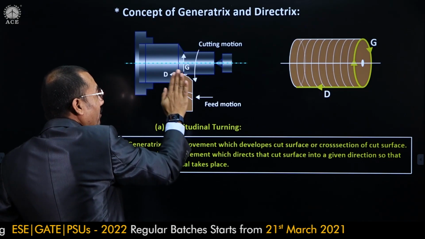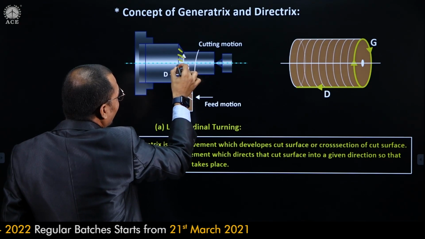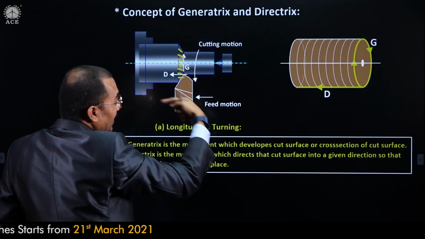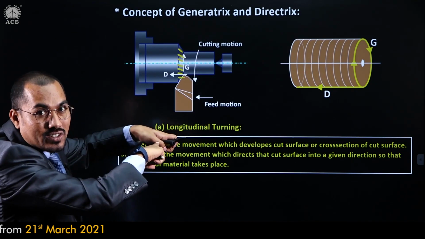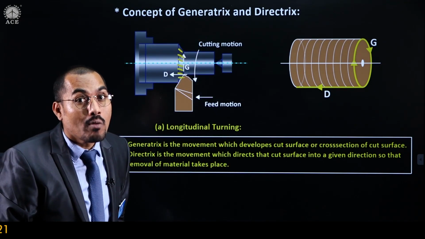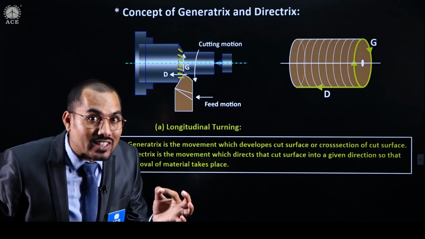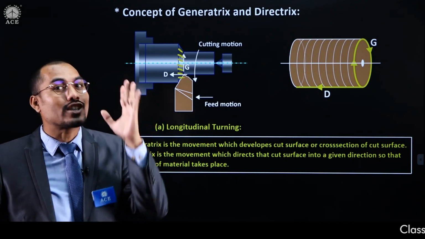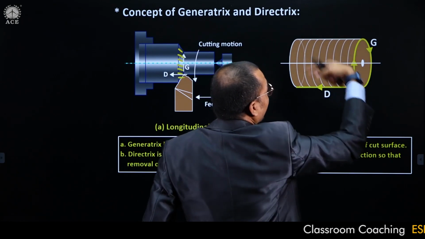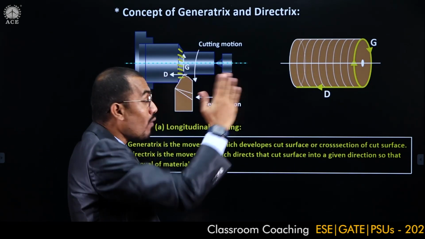Whenever I am engaging the tool here, when the workpiece is rotating, can I say that this is exactly the cross section of the cut surface it will generate? And even when the workpiece is rotating like that, even when I say that the tool is stationary, can I say that along the periphery, in a circular direction, my tool is moving across that workpiece? That movement is generating the cross section of a cut surface. This is the cross section of the cut surface it generates, and therefore this is my generatrix. It is like one plane.